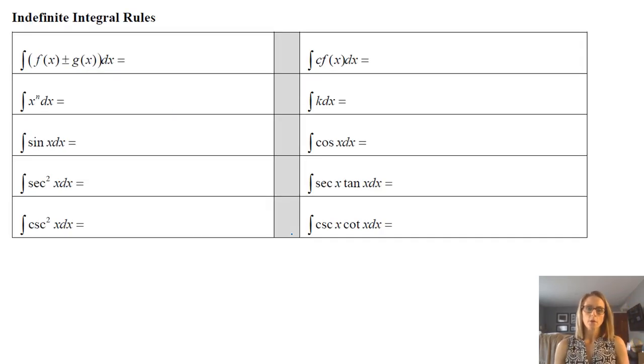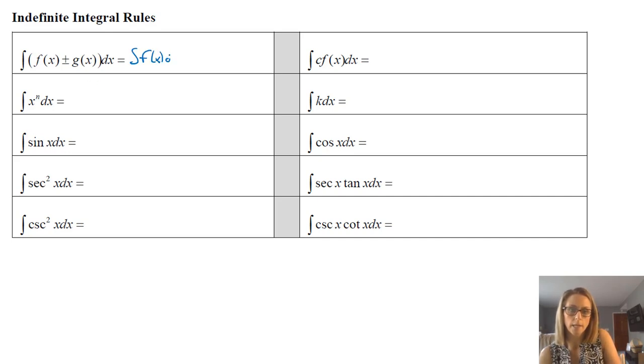Now what you're going to see here is almost the same exact thing that you saw from section 3.9 when we did antiderivatives. The only difference between what we did in 3.9 and what we're doing here is that now we're more formal. We're using the integration sign, and that differential dx. In this case, all of these are functions of x. If you want, you could go back to section 3.9, see what we wrote there, see how many of these you can fill out. But the idea is, I'm just going to use the same rules here.